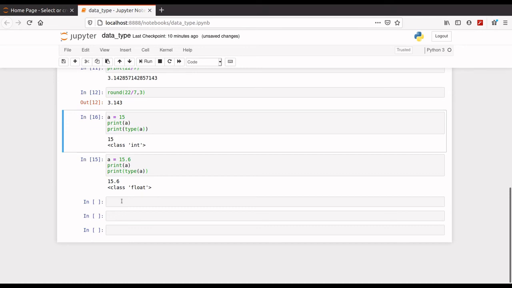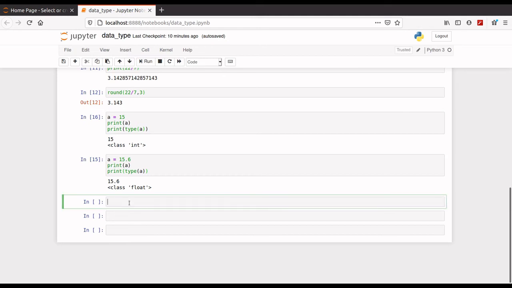So if you want to declare a variable, then you have to take care of something: reserved keywords. Means you are not supposed to use those keywords in declaring your variable. So let's see what those keywords are. If you want to know about the keywords, you just write help and keywords.